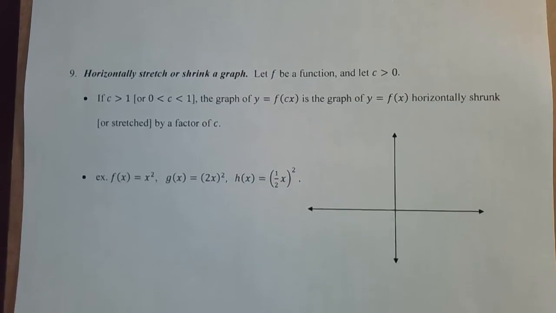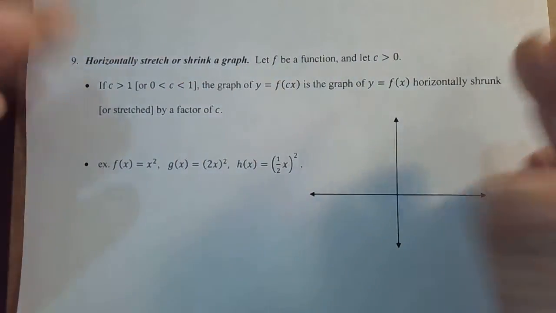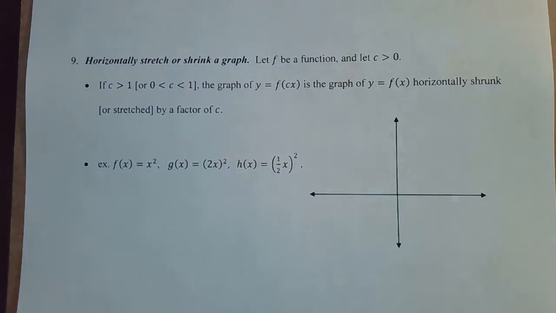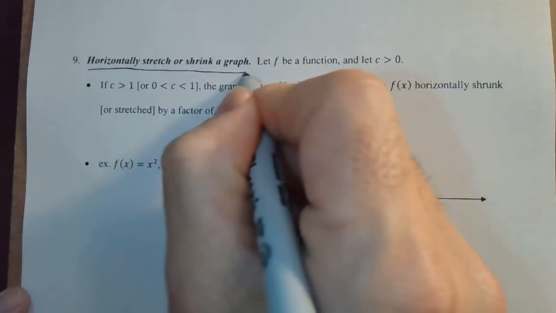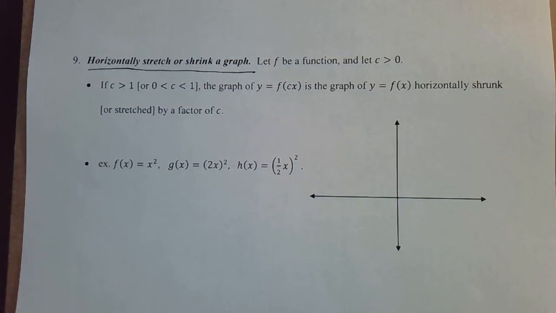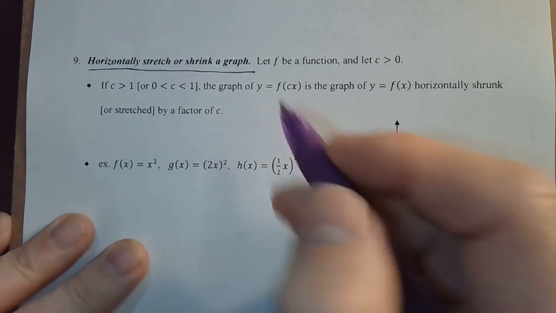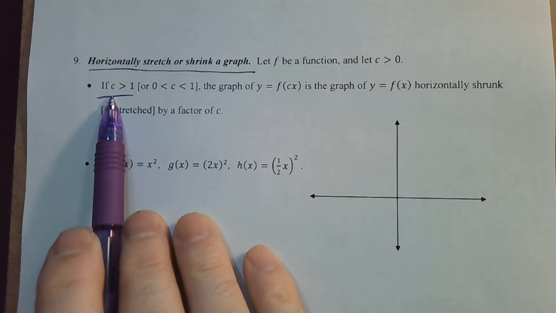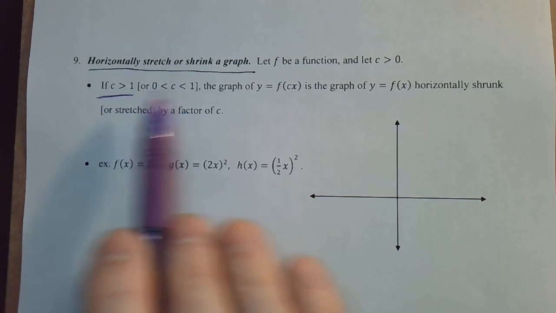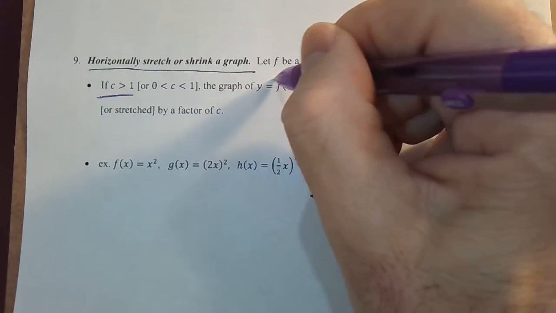Now let's take a look at horizontally stretching it. So it's going to stretch it out this way or shrink it in that way. Horizontally. All right, so f is a function just like before. c is a positive number. Once again, we have, for the positive case, for c being greater than 1, if the graph of, I'm just telling you this,